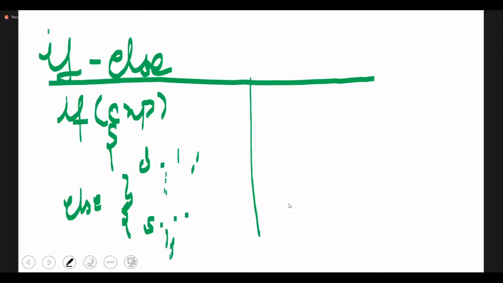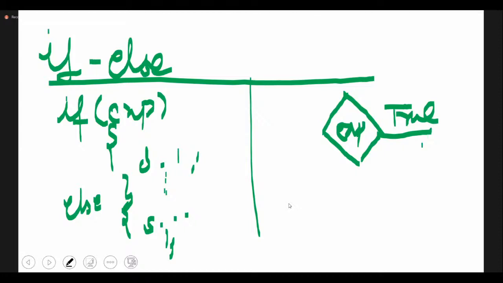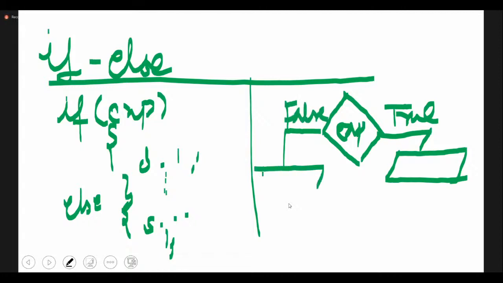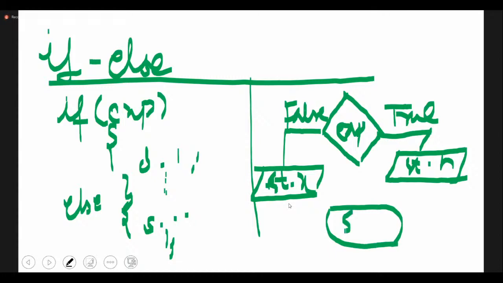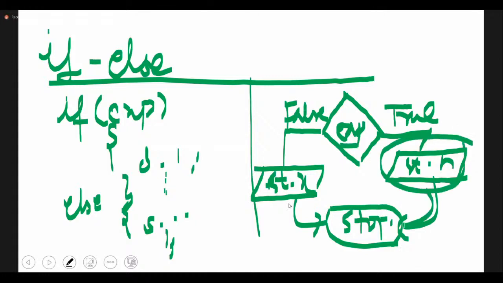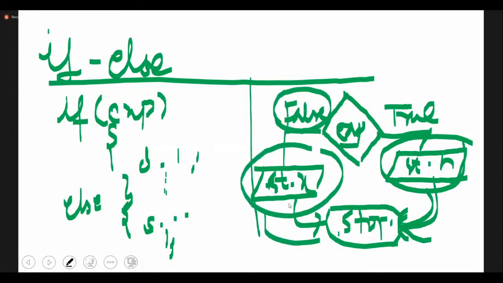Now what will the flowchart for this be? If the expression is true, I will have some statements executed, and if the expression is false, I have some other statements executed, let's take this as statement N. Then you'll have your stop. So if the expression is true, only statement N is executed and then you stop. If the expression is false, statement X is executed and then you stop.